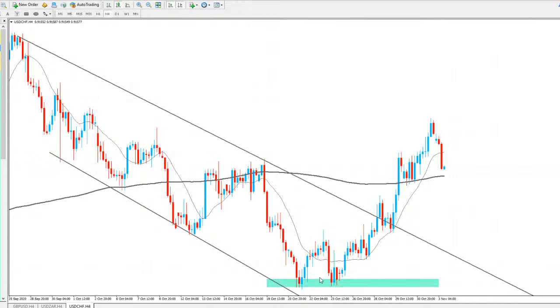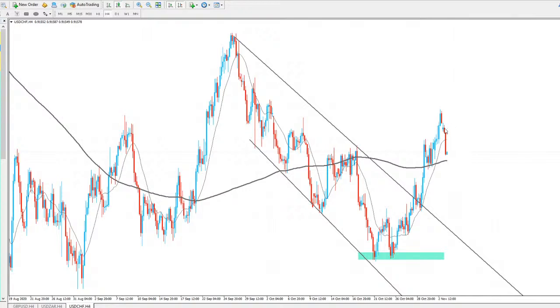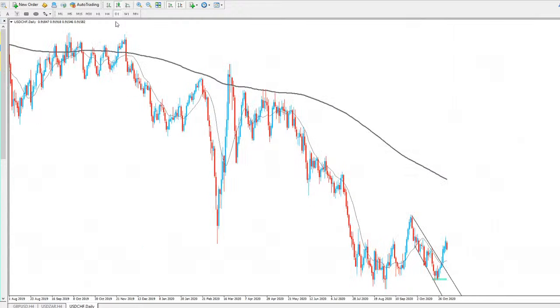As you can see, initial test there, second test there, and then a big push to the upside. And again, from there on, we had a nice break of that trend line. But it looks like price is definitely having some pullbacks, as you'd expect. We had a big push up, so you do expect to see some pullbacks in the market. My bias is still to the upside for USDCHF though.